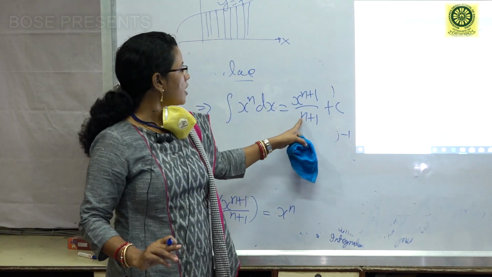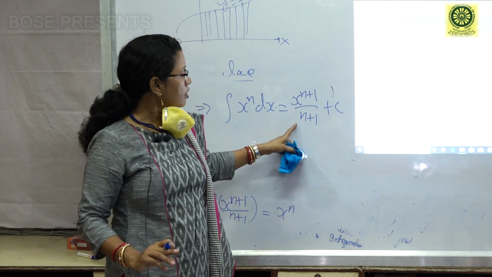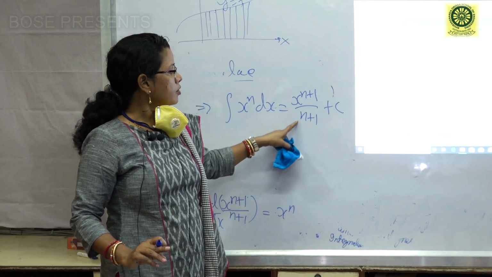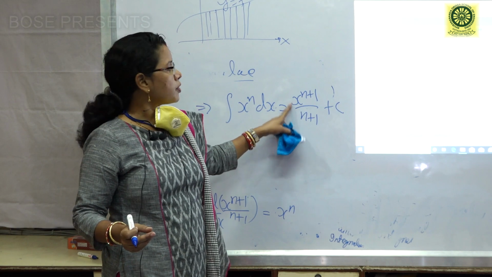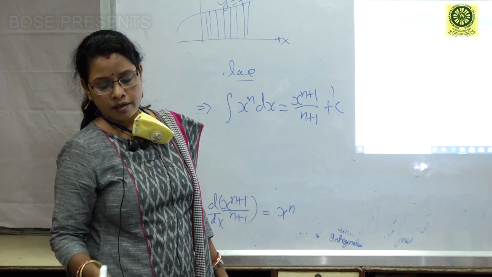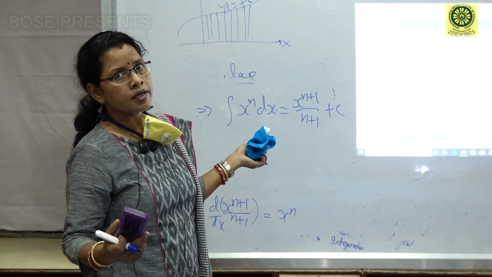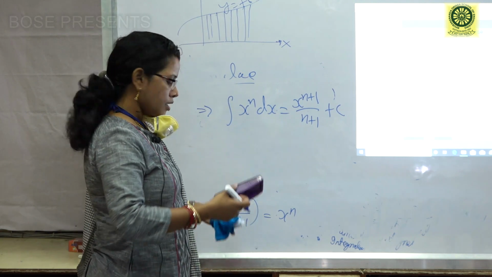Here n cannot be equal to minus 1, because if n equals minus 1, then the denominator term becomes 0. That implies this term becomes undefined. That's why n should not be equal to minus 1, but can be any real number other than minus 1. Then the next one